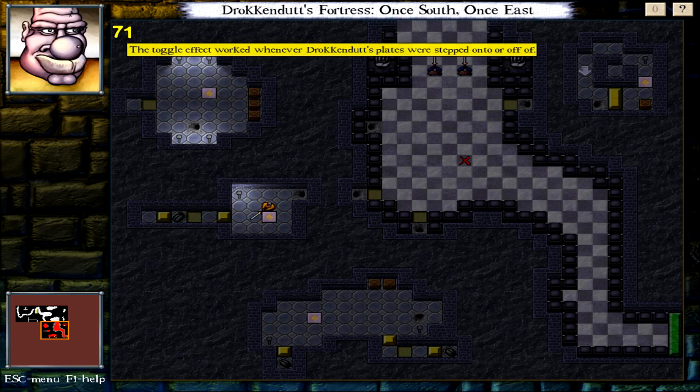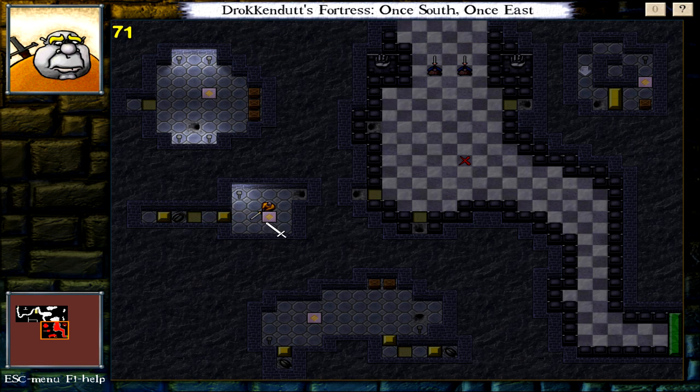Right? So undo. However, if I wait, you can move there, it's fine. So now, the same situation, only with me on the plate. If I step off of the plate, then...